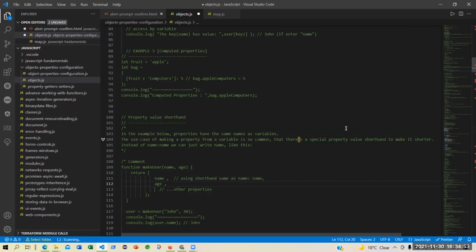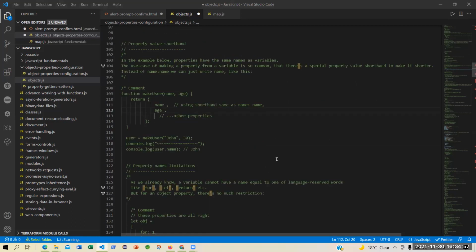Now you can pass on the value of name as John and value of age as 30, and therefore you are going to print the object name as John.